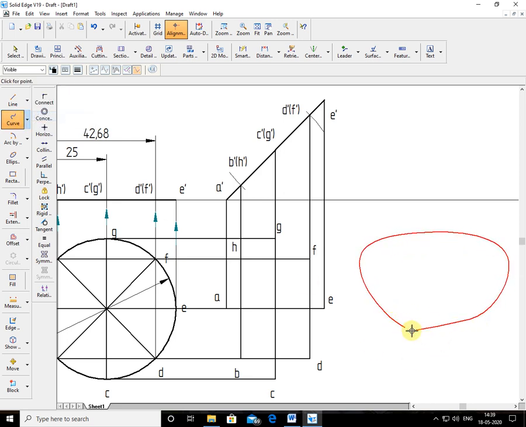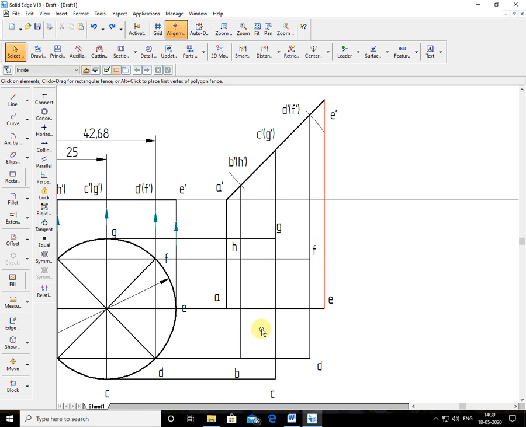But the interesting part of the curve command concept is this: if I want to join these points A, B, C, D, E, F, G, H, and again A, you should select them as an end point. You should not select the intersection point. For example, I'll show here. I'll start from A, say this is end point C. It's showing end point there. This is B. This is C.